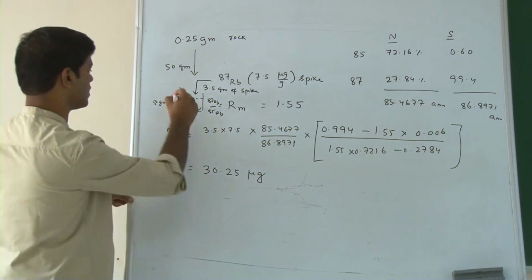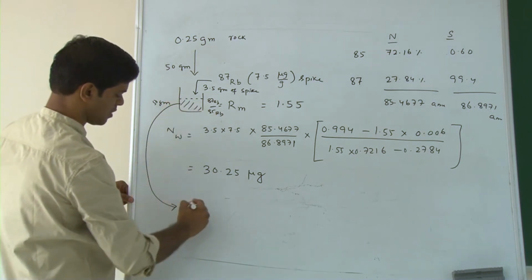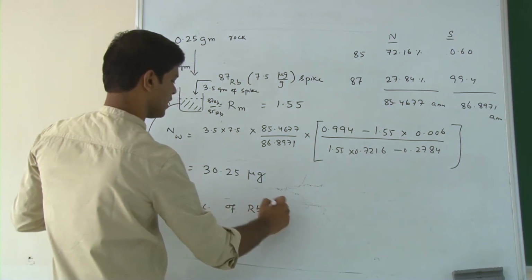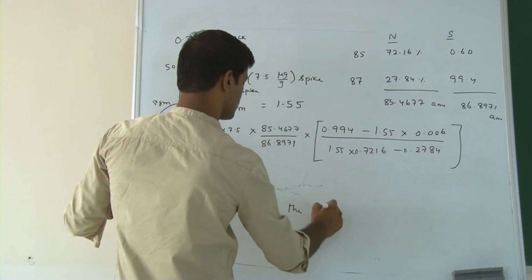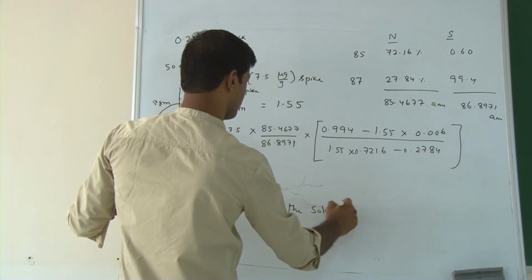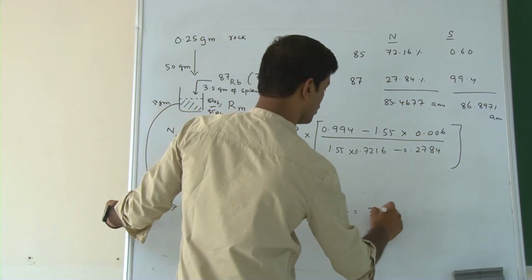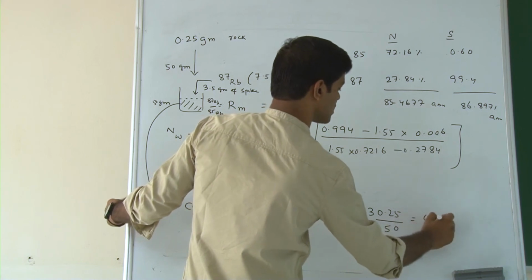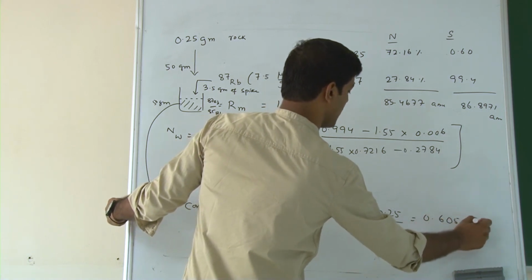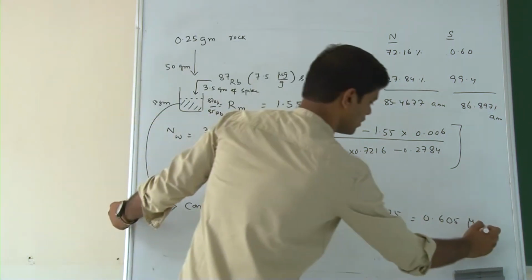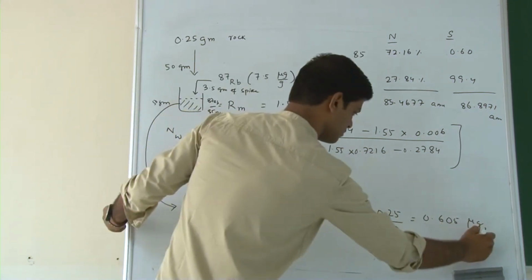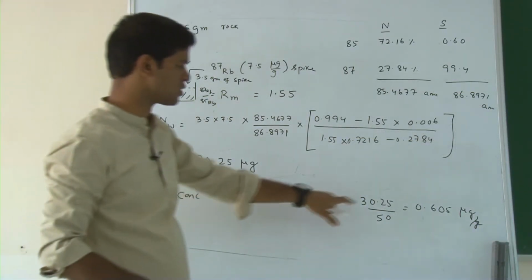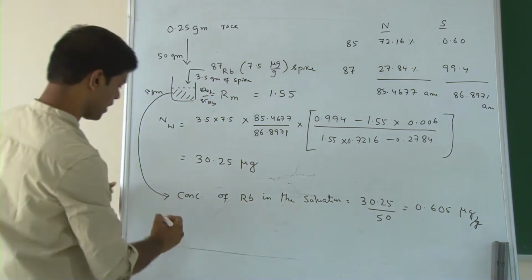So, what is the concentration of rubidium in the solution? (30.25) divided by 50, that comes 605 micrograms per gram. So, in this solution, if you are interested, the concentration of rubidium in the solution is 0.605, but our